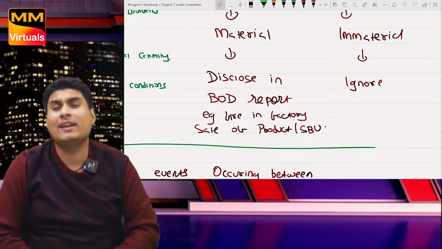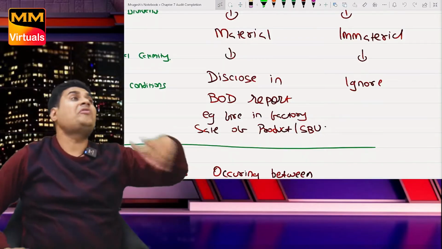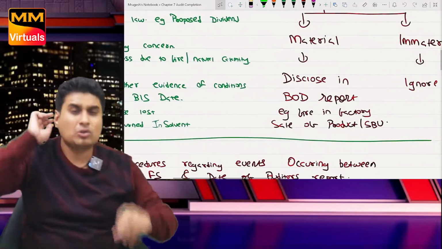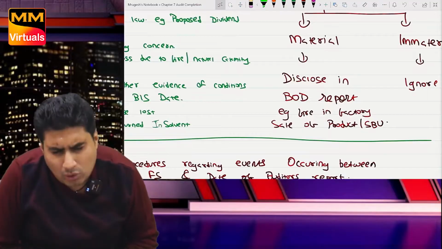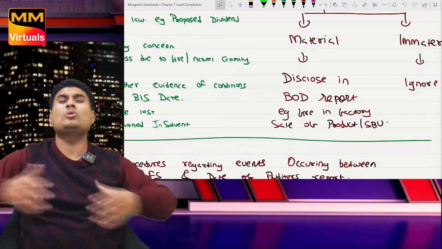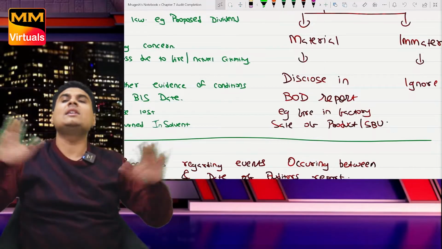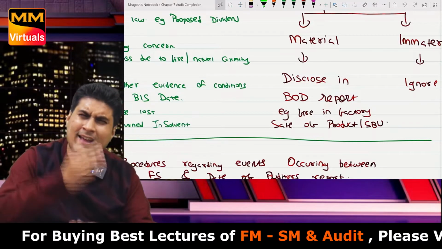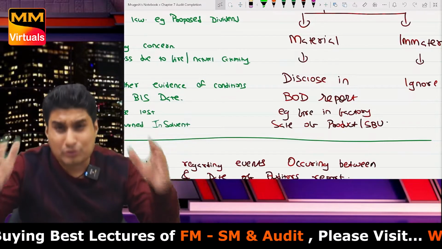There happened a fire in the month of May. But the fire is not so big that it will affect the going concern. So it's a material thing, and I will disclose it in the board of directors report. But anything like a sale done or a purchase done, those are immaterial things. Just ignore. So till now we have not started SA 560. All I was doing was revising